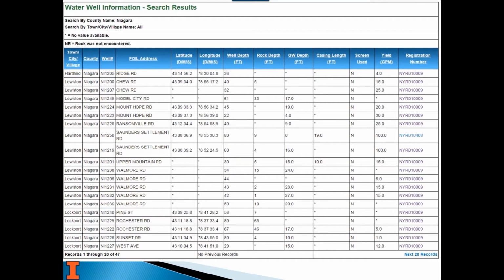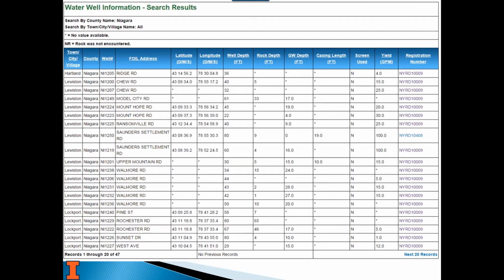And you can see the casing length is fourth from the right, and most of them don't have that information, but the ones that do says 19 feet of casing for a well that's 80 feet deep. That's typical in a bedrock well that you have a deeper well than you do casing, but the fact that it's only 19 feet of casing, which in Illinois now, I think the law is it's got to be cased to 50 feet if it's that deep or deeper. And New York, I believe, has changed that requirement as well. But it means that water only has to seep into the ground 20 feet, or in the case of the other well, 10 feet, to get into your well.